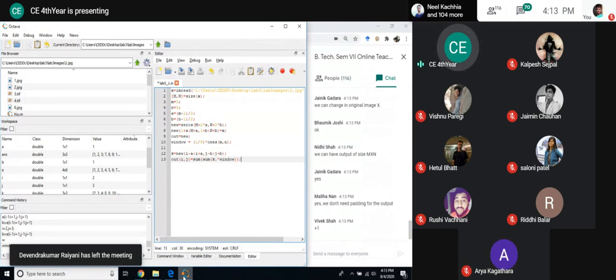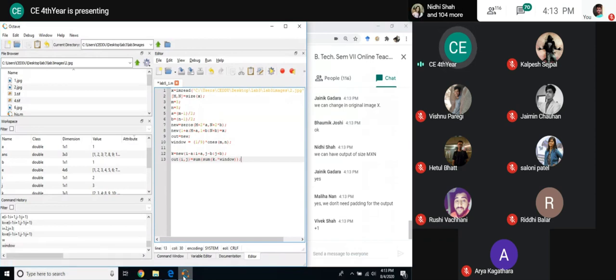But let us keep this right now, because I want to see the impact of padding in the output as well. Suppose I'm following the traditional way, what will be the impact of padding? One of the solutions to the issue that we will see is what you are suggesting right now, Nidhi, Jainik, Maliha, all of you are suggesting the correct one. We will keep the output and just crop the rest of the image. If you want to do that right now, we can, but let us keep it aside. So we will see the impact. Fine. Or if you want to remove it, then also we can remove.